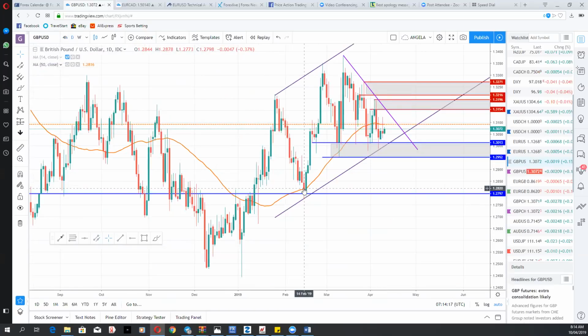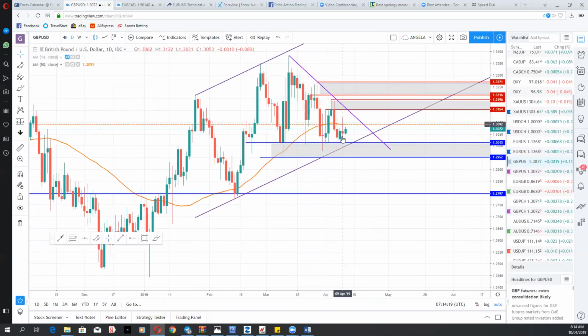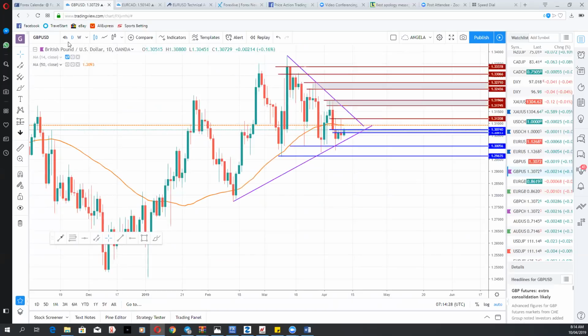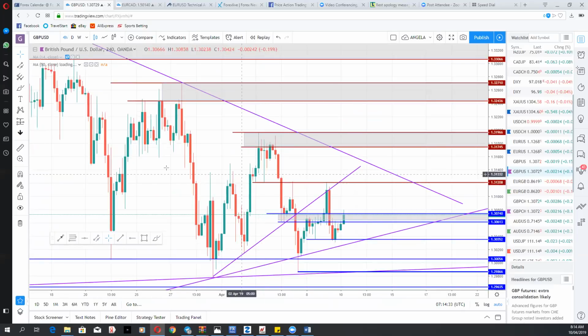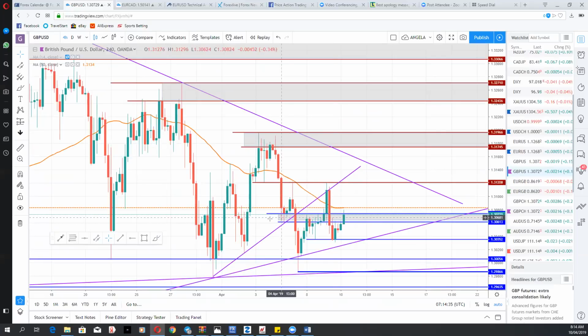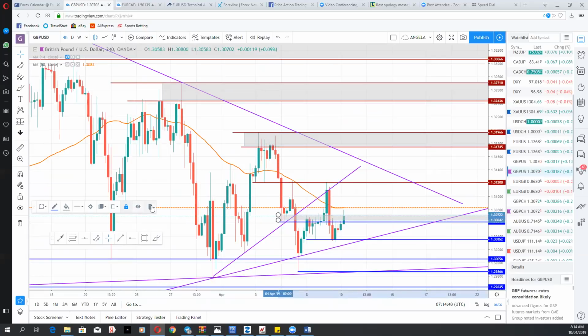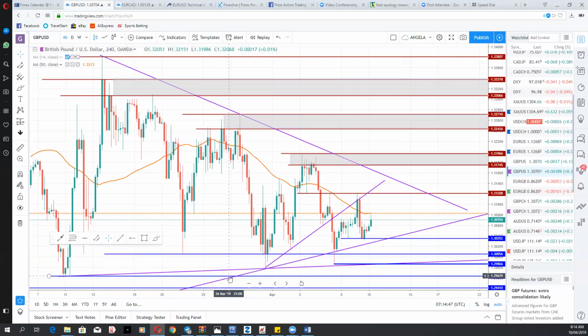If we look at the same thing too, the GBPUSD closed with a long upper wick on the day. That is not good for the buyers. That's not a good sign for the bulls. So let me get rid of this middle line here, this middle zone. If I get rid of this middle zone now, what do we have here?